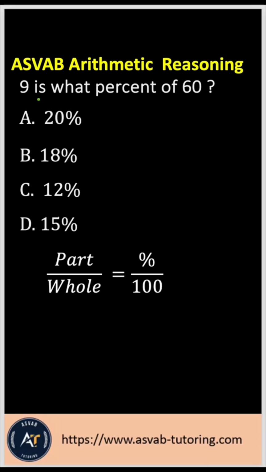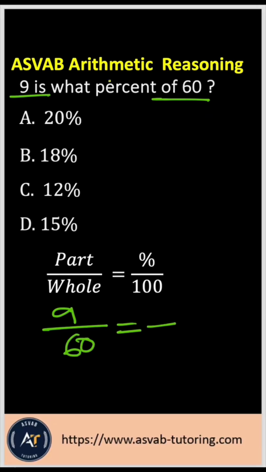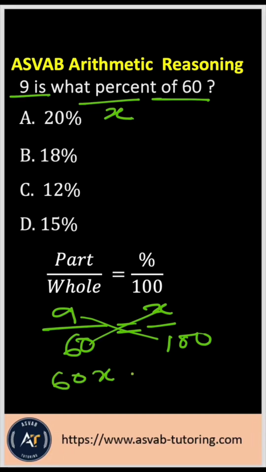Now which number goes where? You need to remember that "is" means part, so 9 is the part. And "of" means whole, so of 60, that is 60. You have to find what percent, so say this is x, and you write x over 100. If you cross multiply, that gives you 60x equals